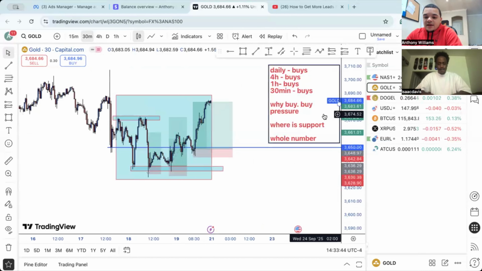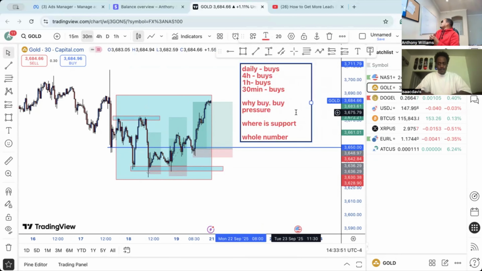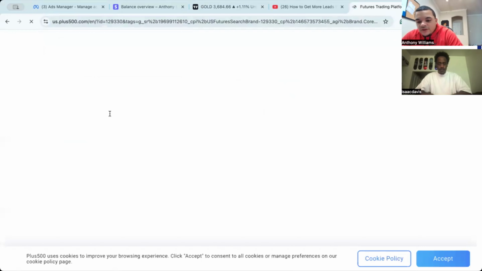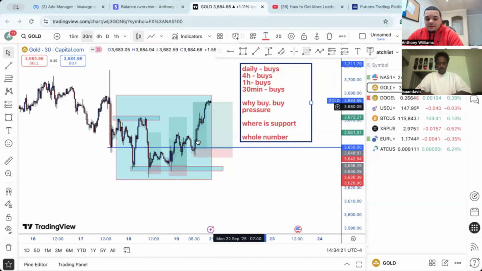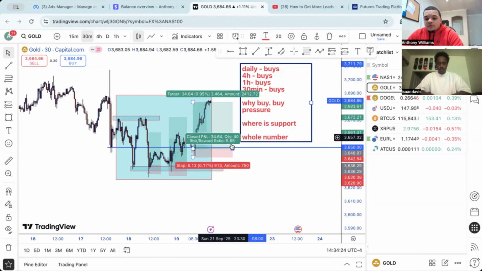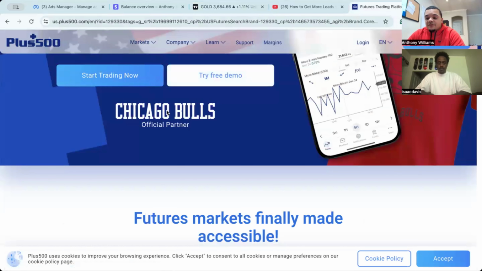Besides that, what website do you use? I can tell you the website I have my clients using. It's called Plus500, and they're a US regulated bank. All you do is try a demo account, and that's how you make a demo account. This is what I would want you to do: when you implement this same strategy in your demo, you're able to place trades like $5, $10. You could play around with it, and it's not your real money while the market's going up and down. Once you get the groove of it, then you hop into a live account.